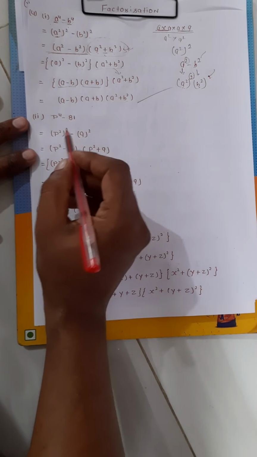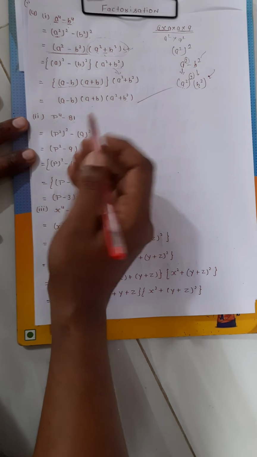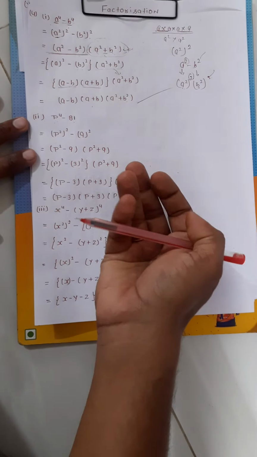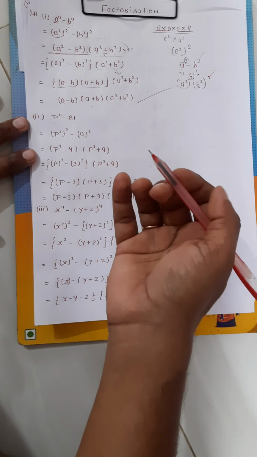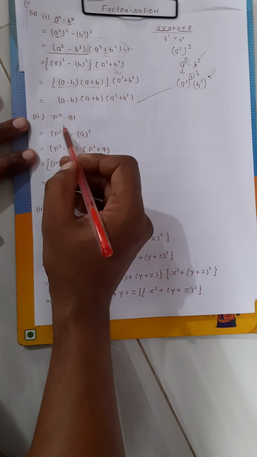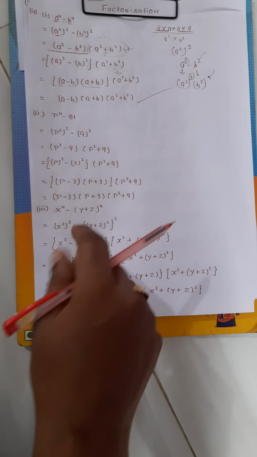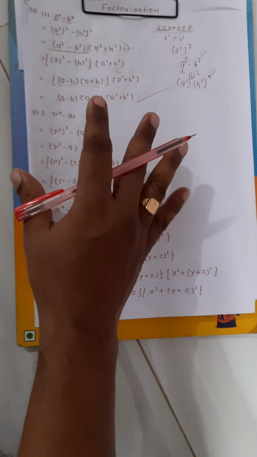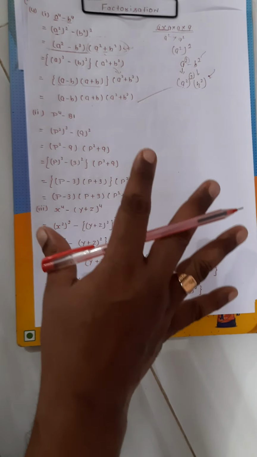Okay, so it has two terms, so definitely we will apply identity number third. We will not apply it first; first we check for the common factor. Here only p and p, 4 times of p, and here 3 into 3 into 3 into 3. So there is no common factor in both terms, so directly you can apply identity number third.